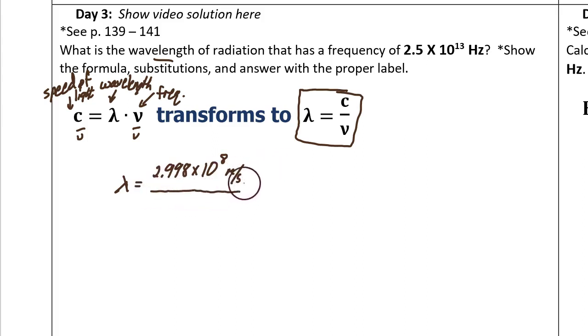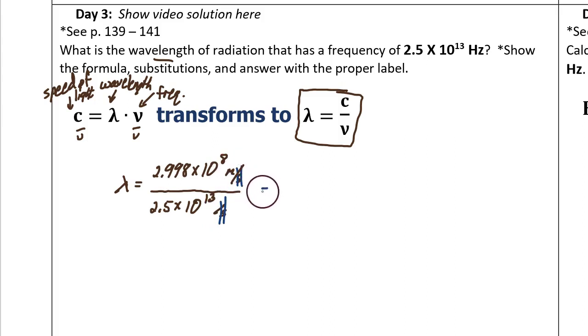Then we're going to divide by nu, and nu is the frequency. In this problem, we're given that number, 2.5 times 10 to the 13th power hertz. Another way to write hertz is to say per second. Now that we've got our math set up, we're ready to do the work on a calculator. But please notice how the per second and the per second in the bottom cross-cancel away, leaving the symbol m